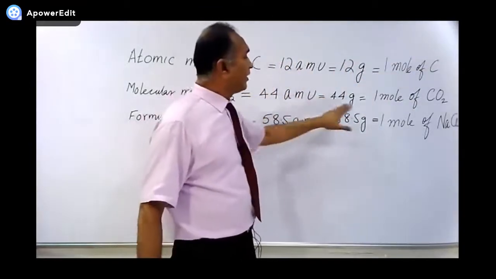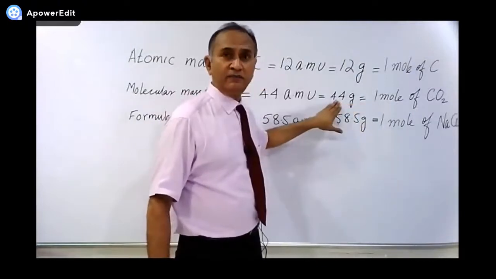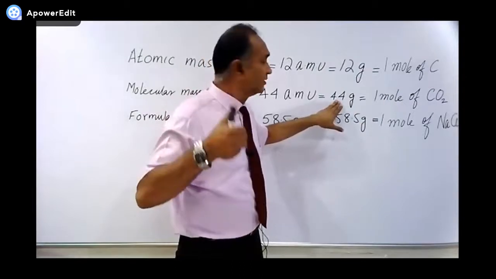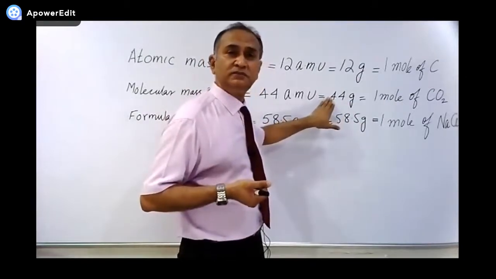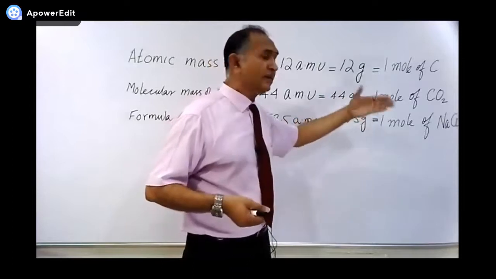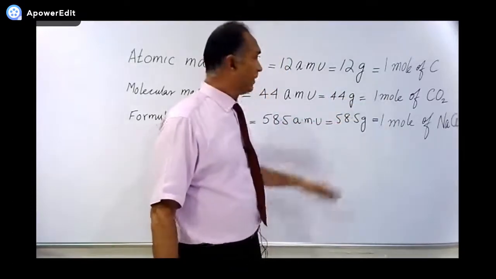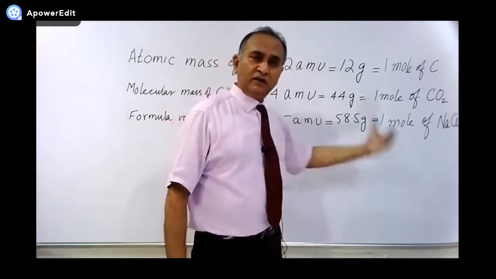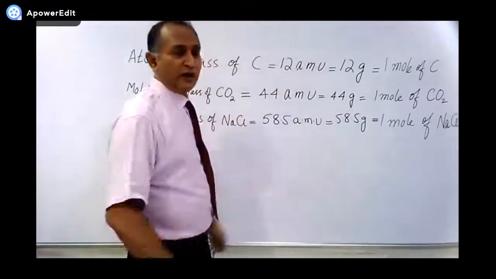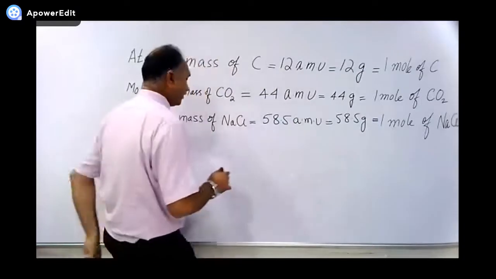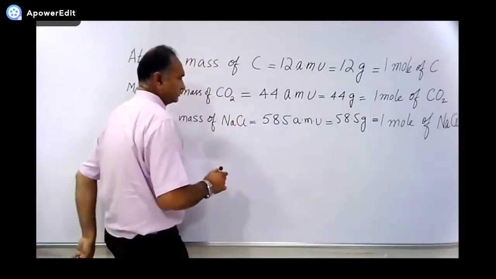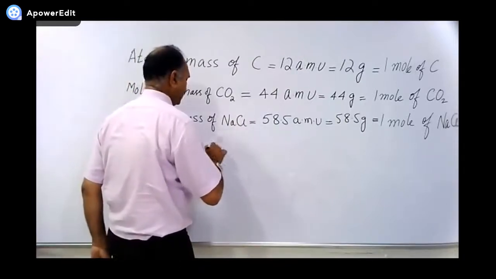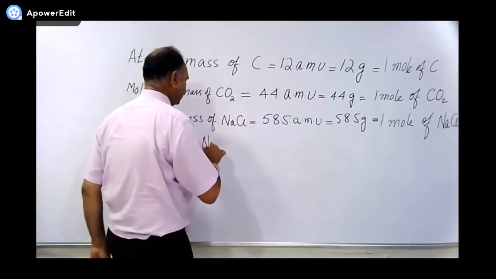1 mole of carbon dioxide means 44 gram. And 2 moles of carbon dioxide means, good, 88 gram. So if I say 3 moles of carbon dioxide, you will say thrice this, right? So here comes a formula. And what is that formula? That number of moles